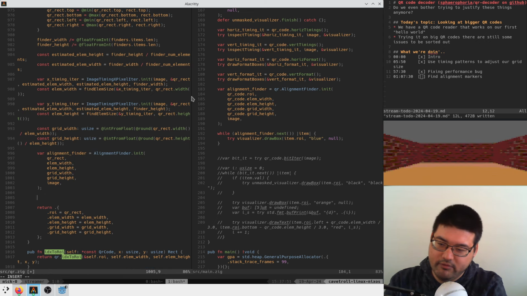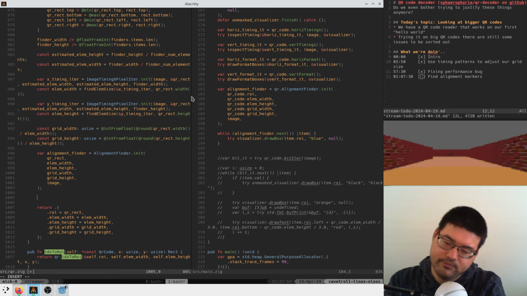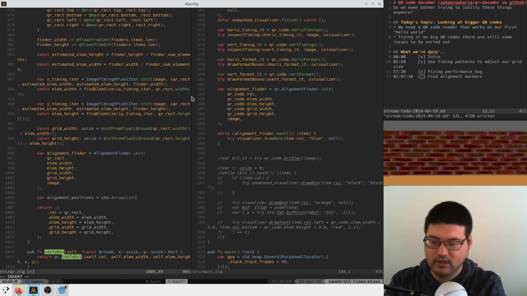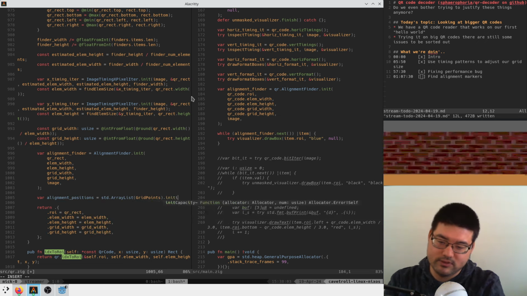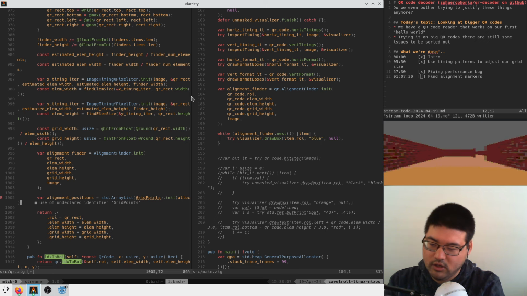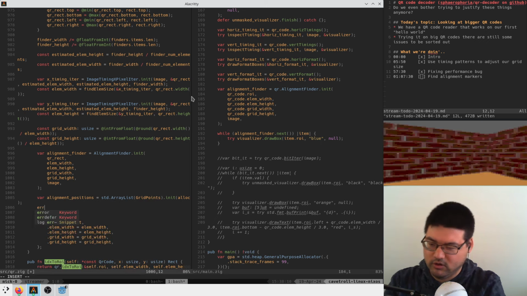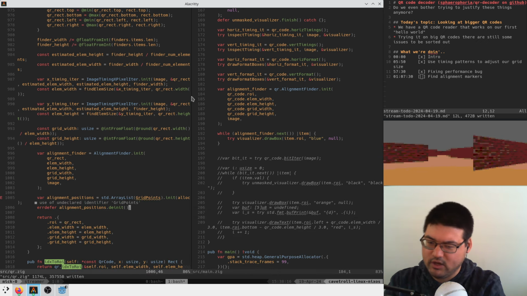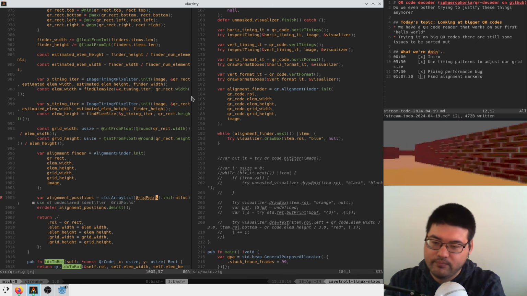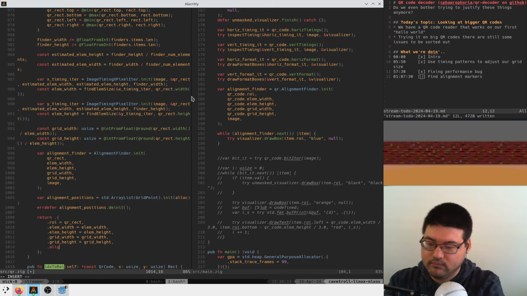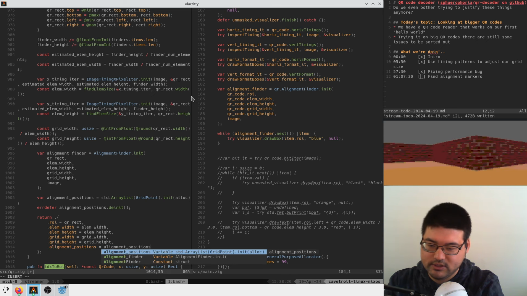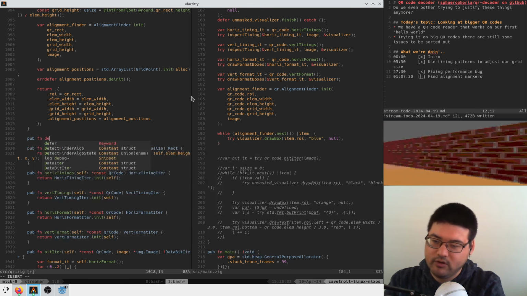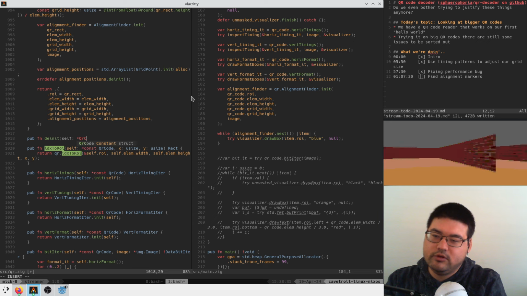And I guess we're just going to say alignment positions is equal to some array list using grid points initialized with some allocator. I don't know if there's a way to error out here, but for correctness we can free this. Even though I don't think this is ever going to happen. Alignment positions equal to alignment positions, great. And then that means that this whole QR code thing has to actually have a deinitialize function now. That's going to be annoying, but